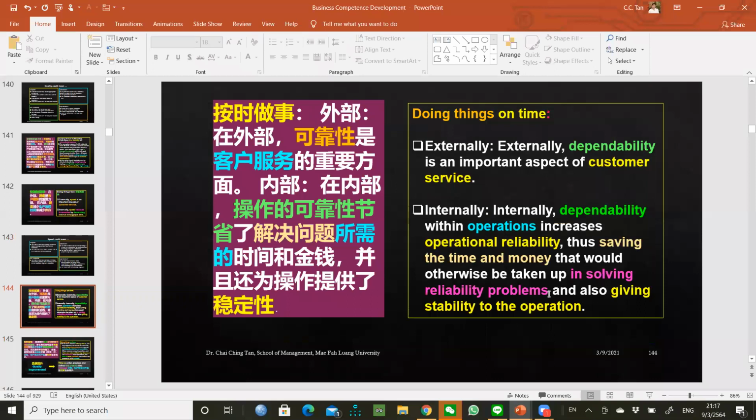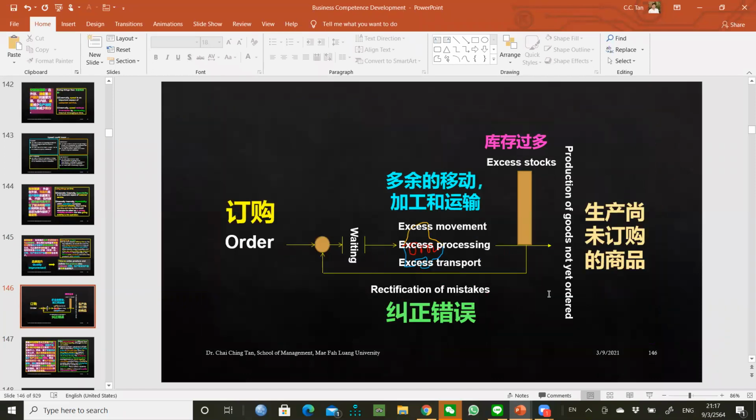Okay, and this is waste minimization, lean production, right? When you design the operation system, when you take in orders, you have to go through an operation system, and if that is a lean management system, a lean operation system, you have to make sure that when you design your operations, you try to consider not much waiting time. So you have to reduce your waiting time, waiting to be processed, and sometimes over-processing, excess movement, excess processing, excess transportation. All these are just wastage of value addition. It doesn't really add value to your customers.